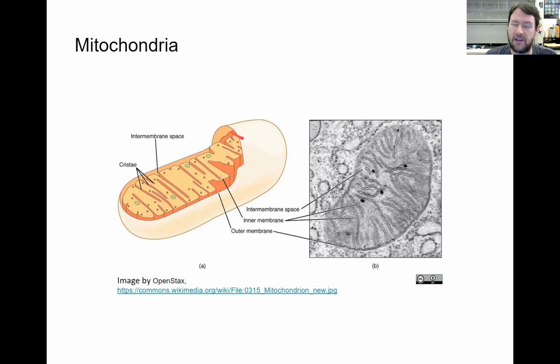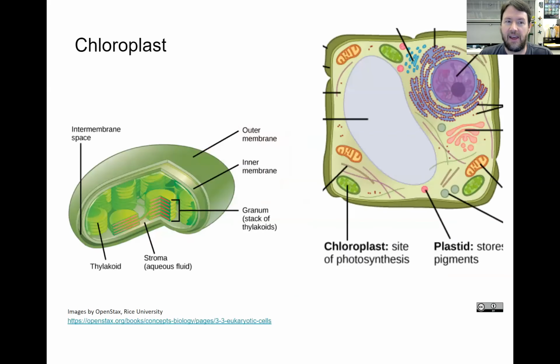There's an outer membrane and an inner membrane. That inner membrane is highly folded, has a lot of surface area, and there's lots of enzymes embedded in that membrane. We'll talk about the purpose of those enzymes in, I think, module 7, just to preview and foreshadow our discussion of aerobic cellular respiration. Okay, the other double membrane